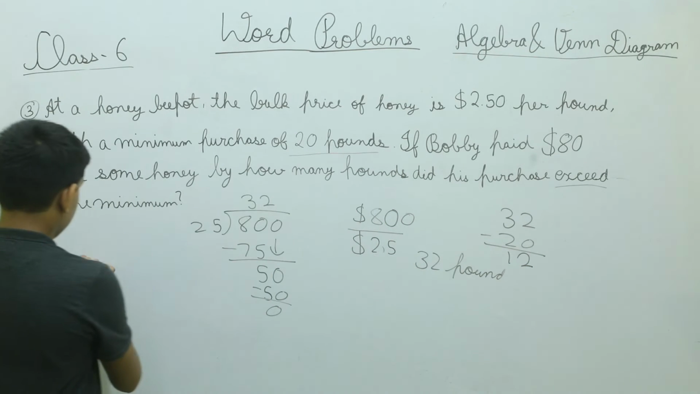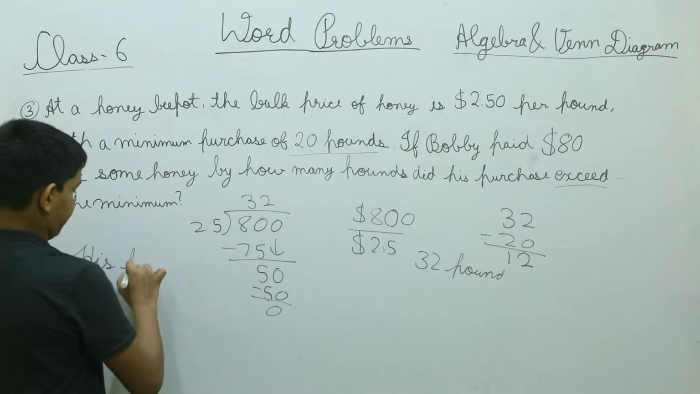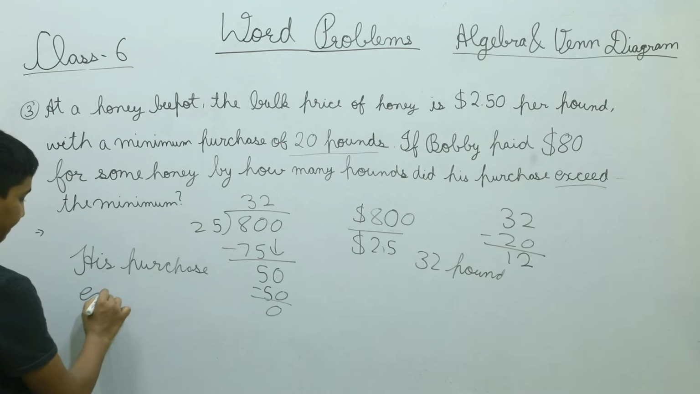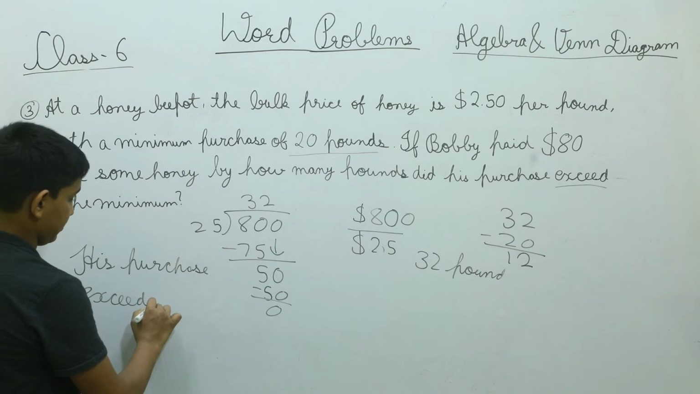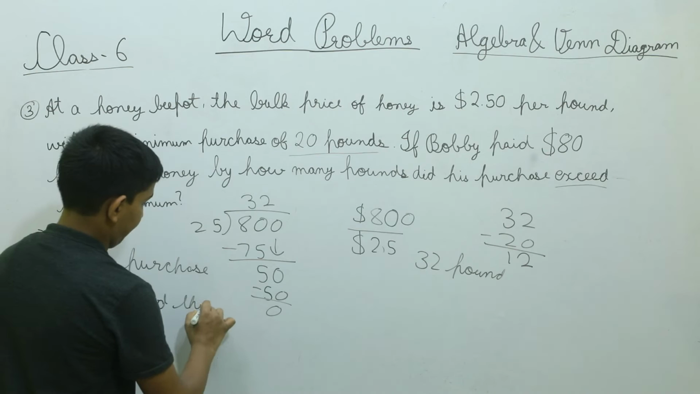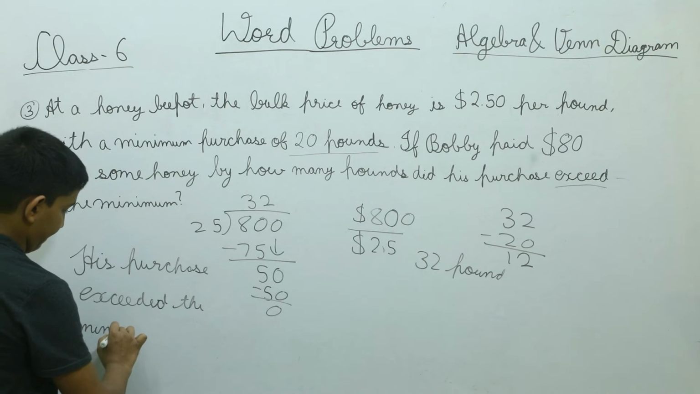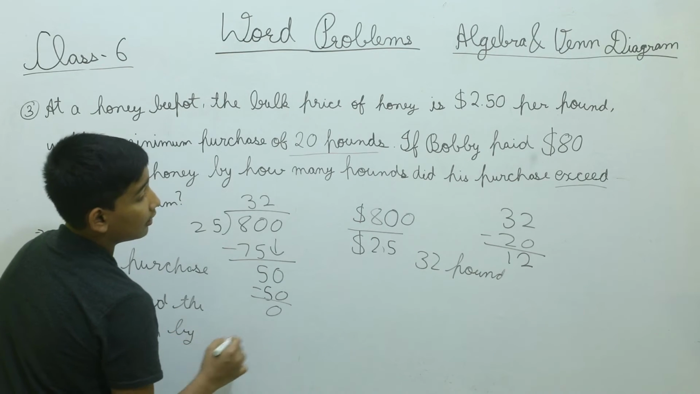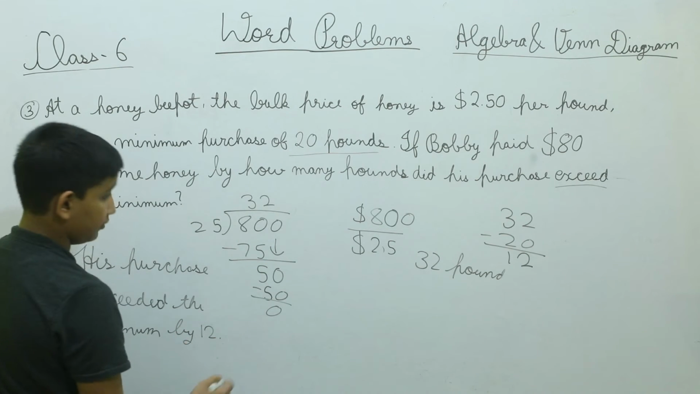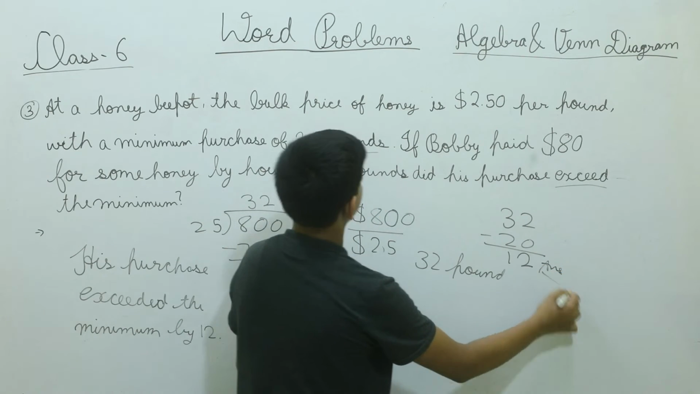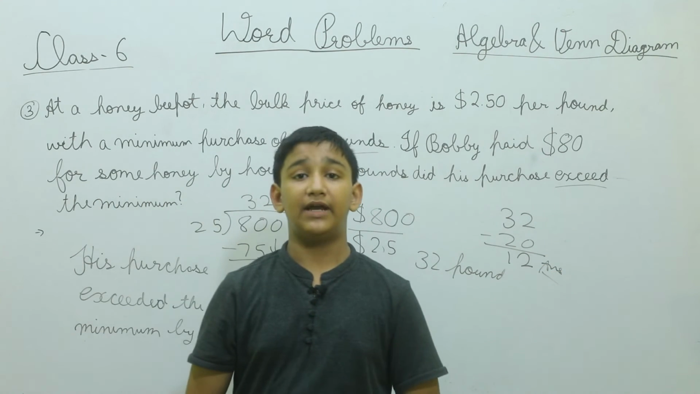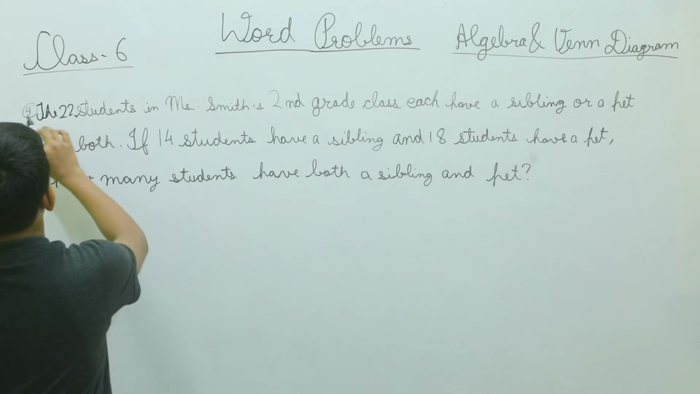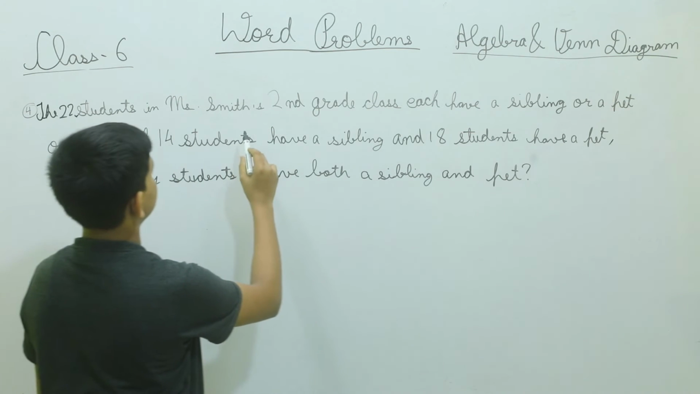So his purchase exceeded the minimum by 12. So 12 is our answer. So let's move on to our next and final question. Our next and final question is question number 4. The 22 students in Miss Smith's